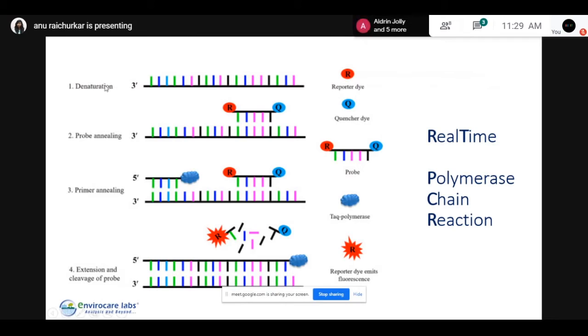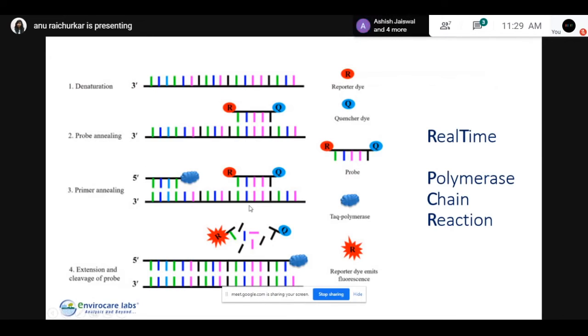So the first step is the same as PCR, wherein we use 94 degrees centigrade to break down the strands. The two templates separate. Then we add the probe. The probe is complementary to some known sequence in your DNA of interest. So it will come and bind to the DNA, and that is called probe annealing. Then what happens is that you add your primers. So primers, again, as usual, get annealed, and then your Taq polymerase will start extending the sequence by adding